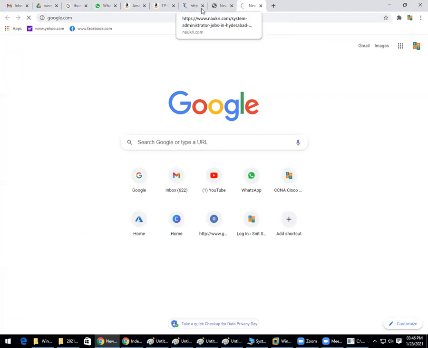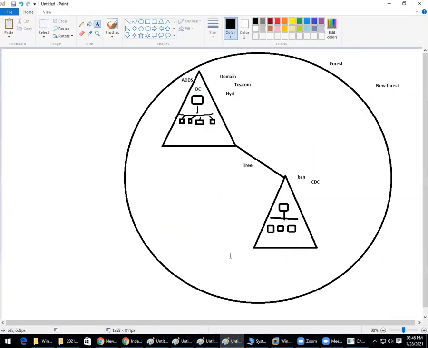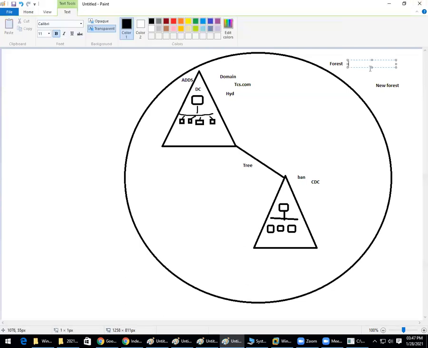Understood about this? What do you mean by forest? What do you mean by tree? Any doubts in this? You can ask. Forest is like a collection of domains.